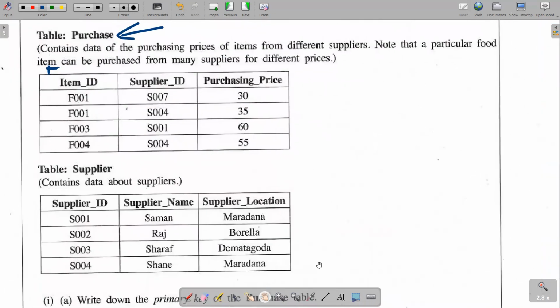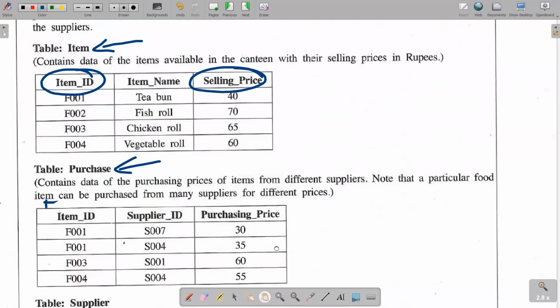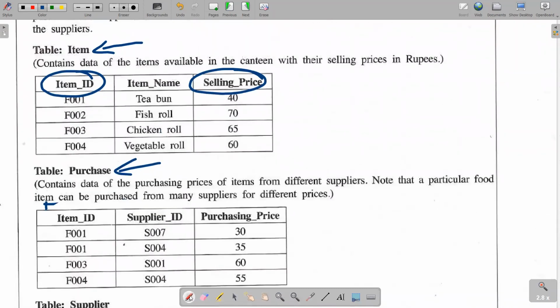First, we have to find out who are the people who supply the fish rolls. So to find out what the code of the fish roll is, we have to go to the item table. So the item table is referred to in finding the fish rolls item ID code. And that F002